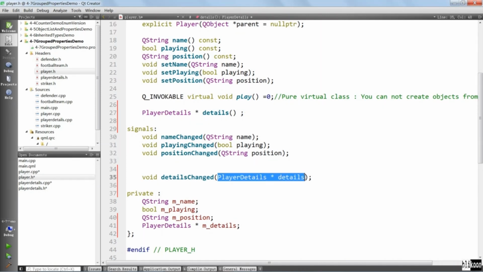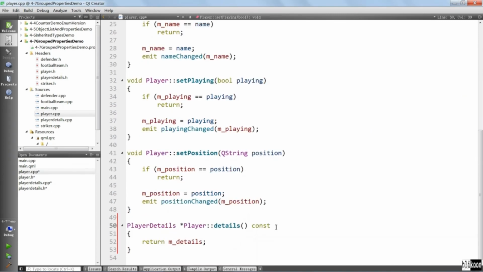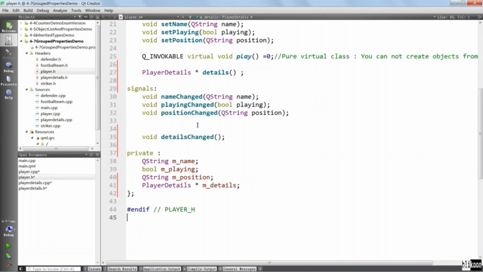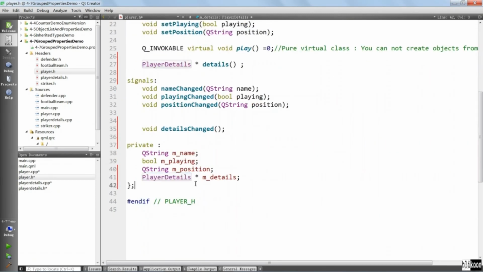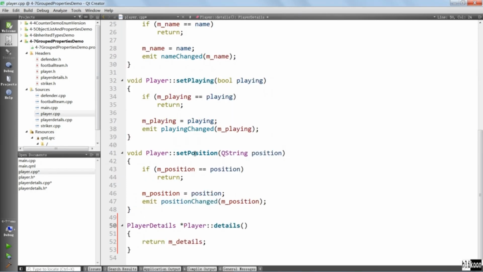And we don't want this signal to have a parameter because we're not going to be using it. Let's go to the CPP file and remove the const keyword here. Let's go to the header file and see how we are storing the player details of ours. It is exposed as a pointer, but I don't want this to be a pointer by default here. I just want this to be on the stack, but the details method, let's follow the symbol